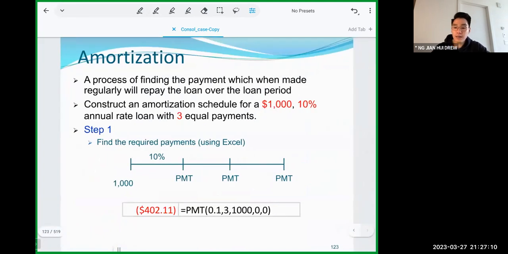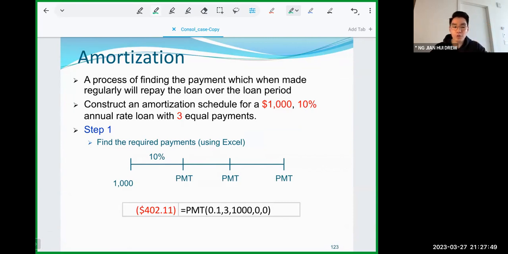Okay, so earlier on, when I asked the question, I think two of your classmates mentioned this idea of a decreasing interest, right? And I said, oh yeah, that's possible if there's an amortization. So we are going to talk about amortization now. What is amortization? Amortization means that the loan amount will keep on decreasing, because you're going to pay interest every year. So let's say you have a 3 years loan. The loan amount is going to change, and therefore your interest amount is going to change